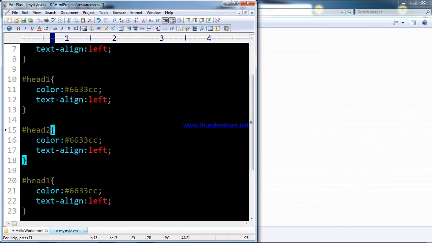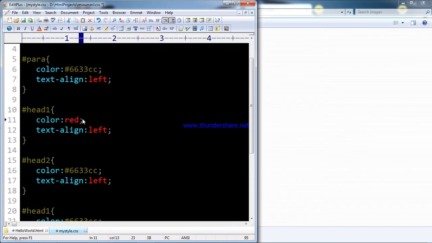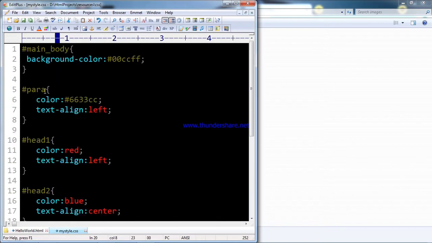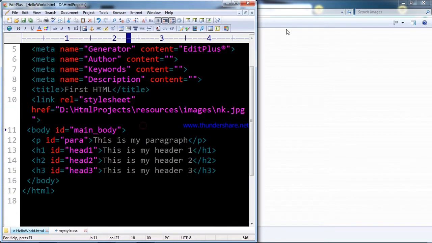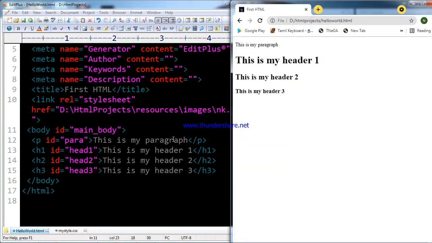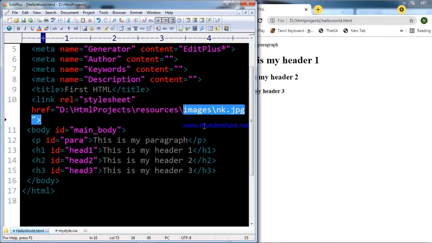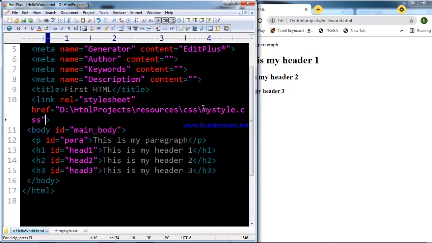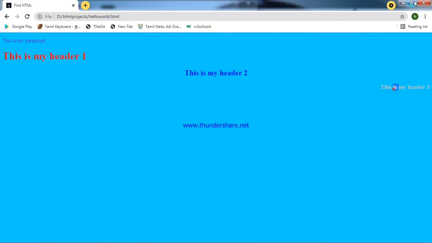For ID selectors, we use the hash as a reference. The hash is mandatory. If you don't include the hash, it doesn't recognize it. These are the ID specific styles.